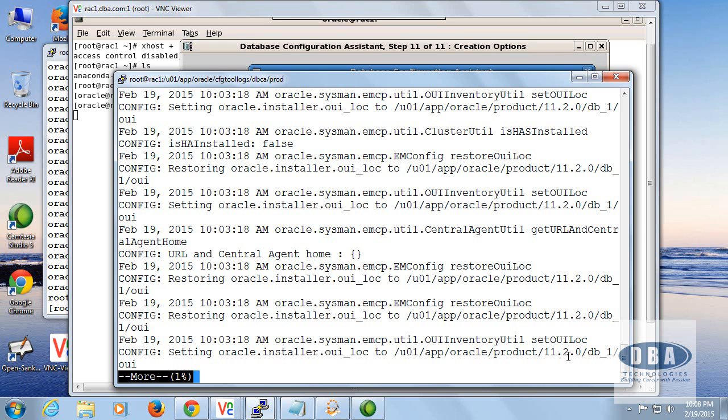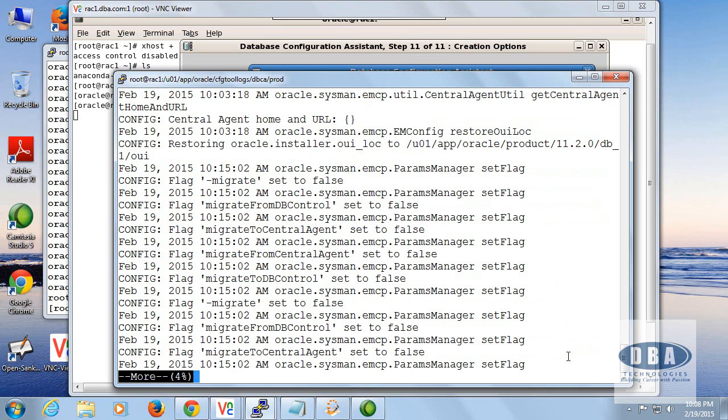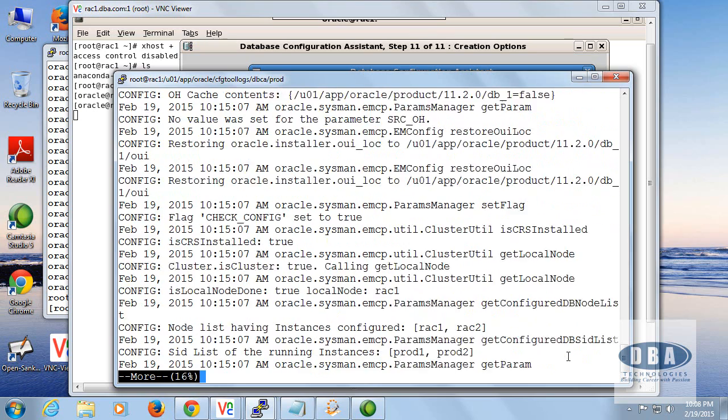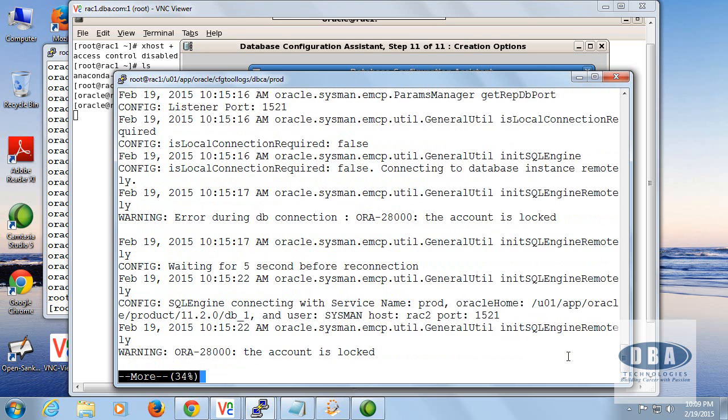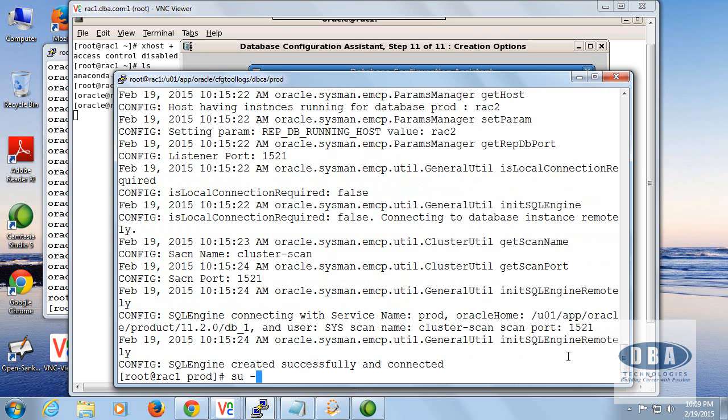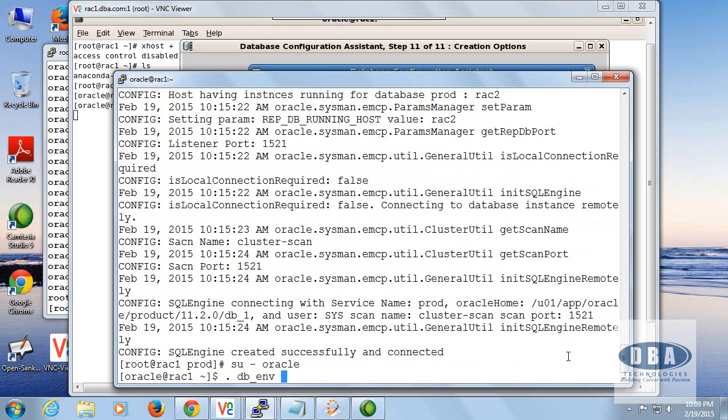Oracle installer, Oracle Universal Installer product, restoring, migrate from DB controller. Yeah, successfully. Okay, now what we can do is you can run to the DB environment,